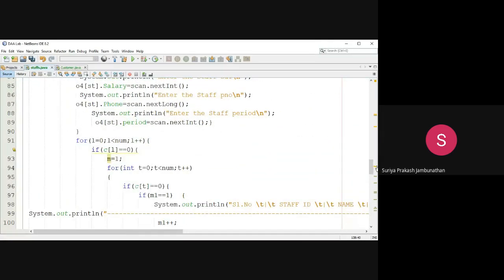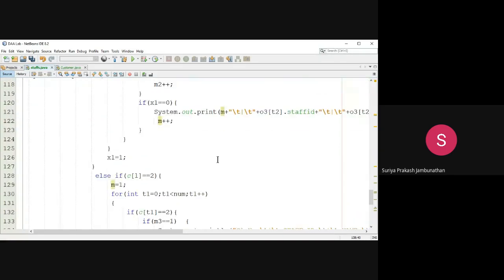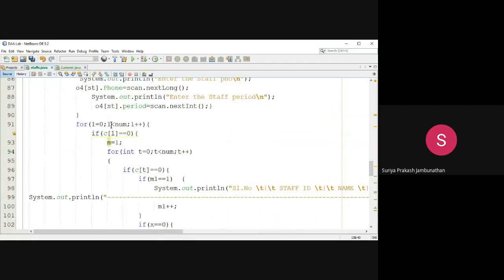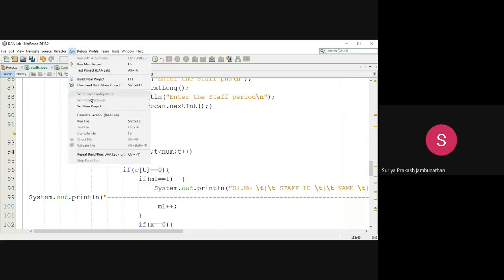When we go for the further iteration, the L value becomes 3. When it becomes 3, the condition 3 less than 3 is false. So it will come out of the for loop we have in the display statement, terminate the loop, and come out of the program. Now let's see the execution of this program.